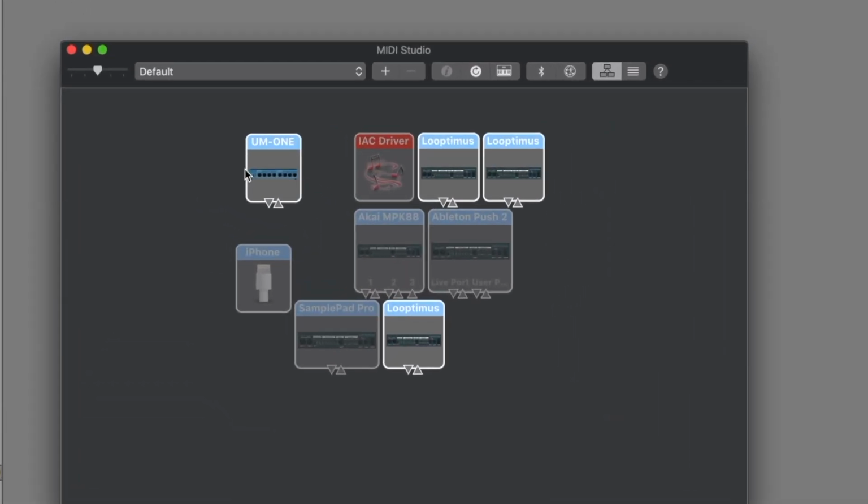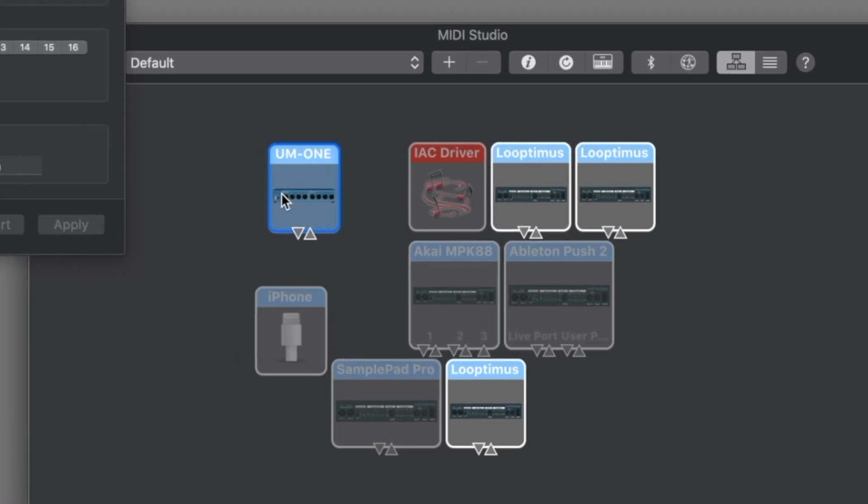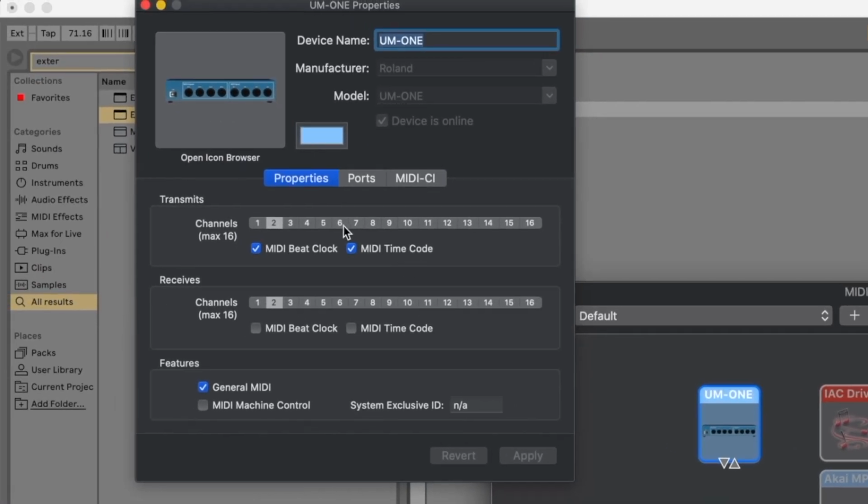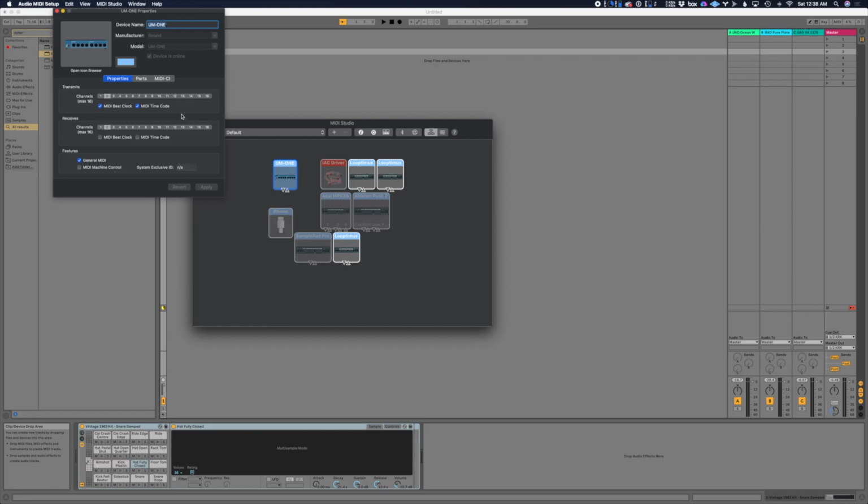When I open it, I make sure that it's set to transmit MIDI beat clock and MIDI time code, which is Blooper's default for channel 2. Then I make sure that General MIDI is checked on under Features and click Apply. Great. So now that we've configured things on the Mac OS side, let's go into Ableton and configure Ableton settings